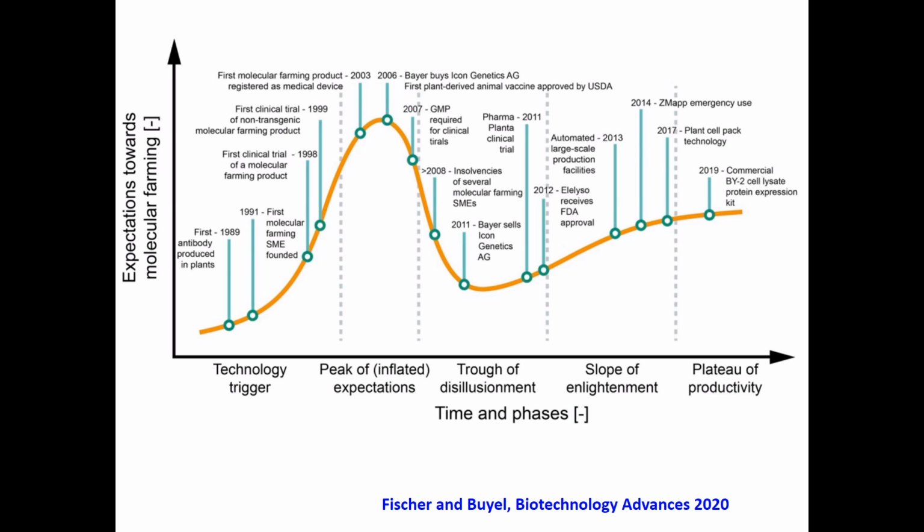And then during 2003 and 2006, this is a peak of expectations based on this plant molecular farming. Bayer buys ICON Genetics AG to do a lot of molecular farming research, and then during 2007, from that year onwards, the first plant-derived animal